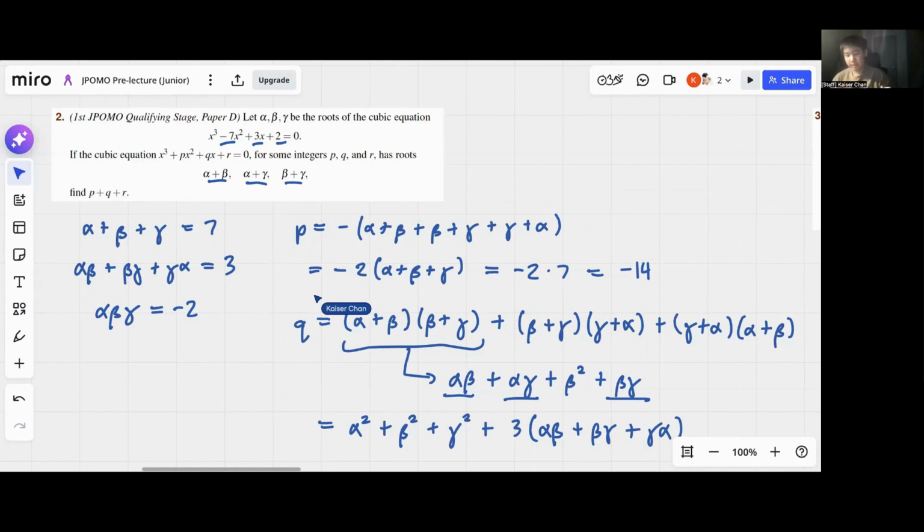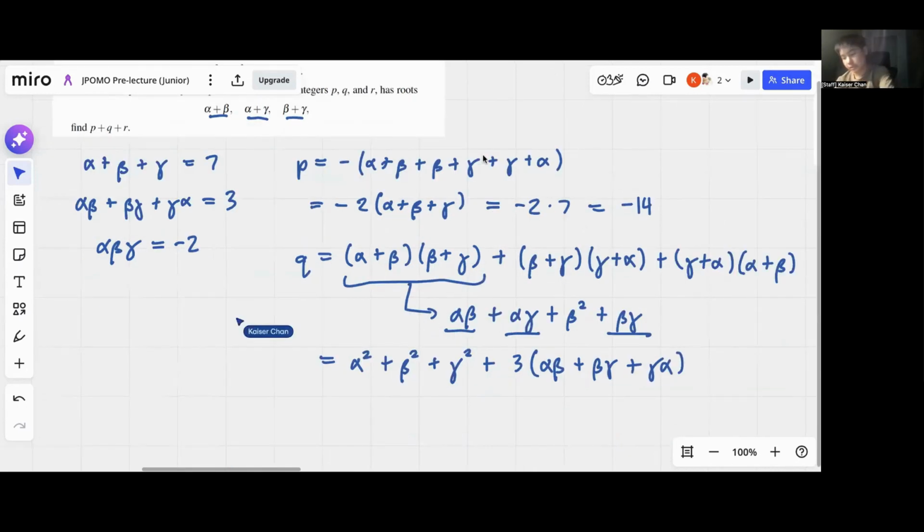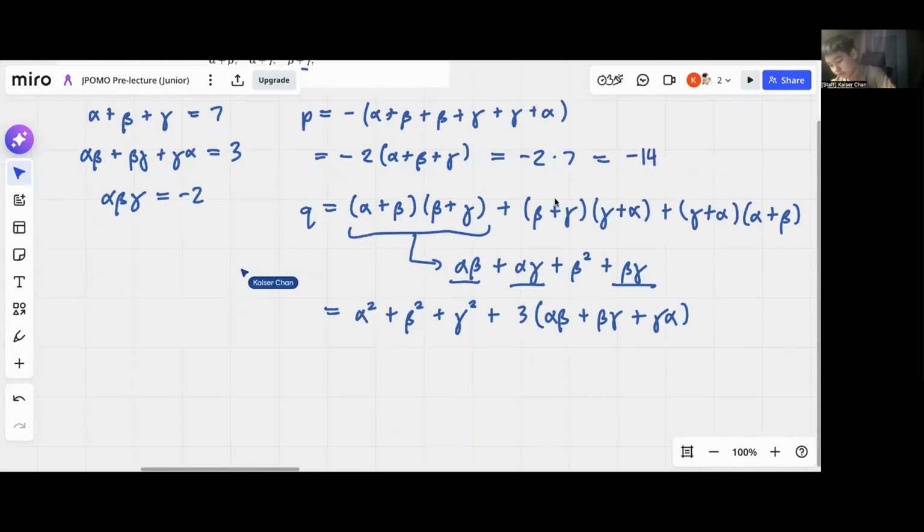Now, if we look at this expression, we're still not completely done because we have alpha squared plus beta squared plus gamma squared, which is not that straightforward to find. And so what we do is use the square of a trinomial. We rewrite this as alpha squared plus beta squared plus gamma squared plus 2 times alpha beta plus beta gamma plus gamma alpha, plus this thing again,